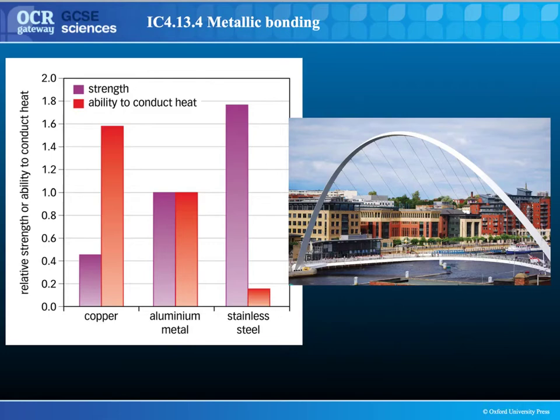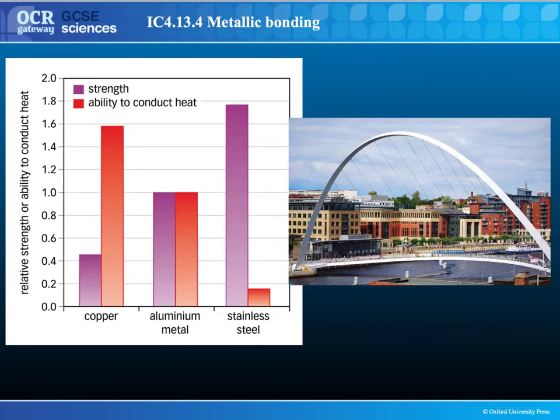This might be an example that you might get given. What you've got here are two factors, two properties of metals. You've got copper, aluminium metal and stainless steel, and you've got their strength and their ability to conduct heat. You might get asked about which one you'd use for